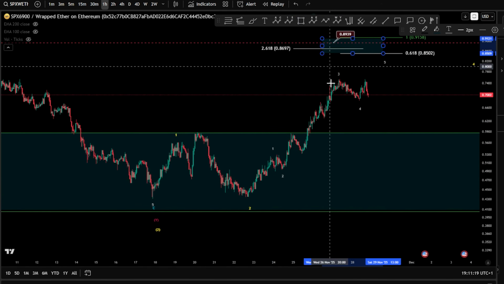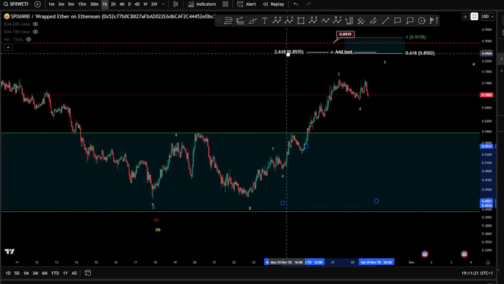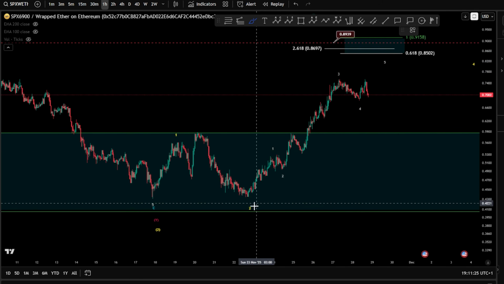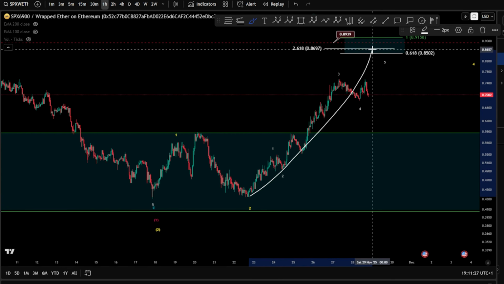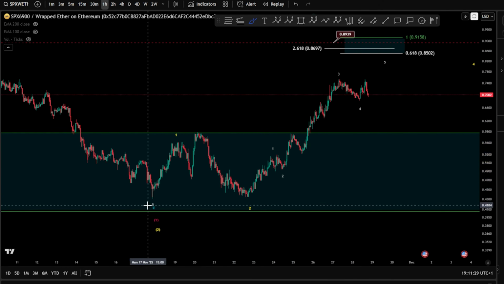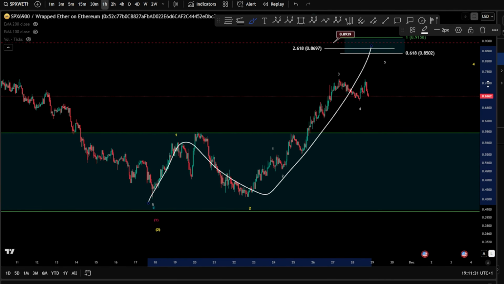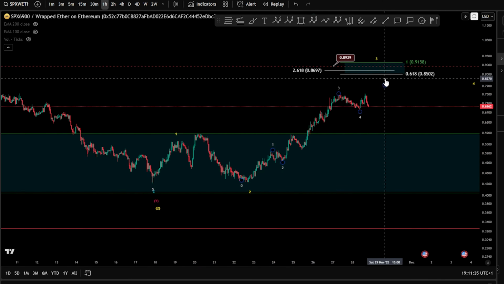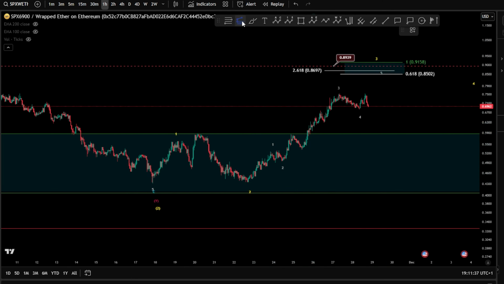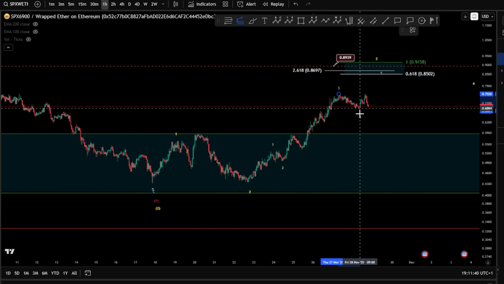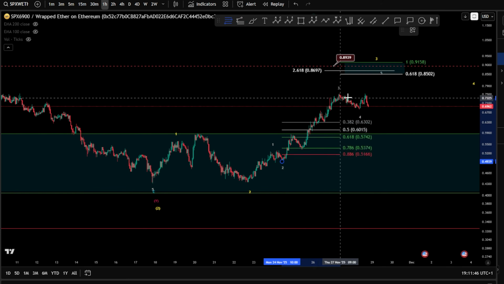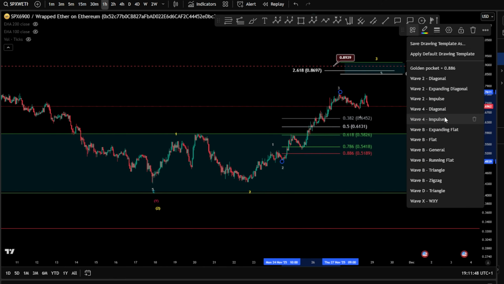The wave 5 blue box, as you can see, is interfering as well with the 2.618, where you might see here a very extended wave 3, which is 1, 2, 3 here. And this might be unfolding there. So I'm still expecting a wave 5, honestly. I don't see yet a finished correction. Now, it can be that what's going on here is something like an ABC correction for a wave 4. So if I take the fib level as well,